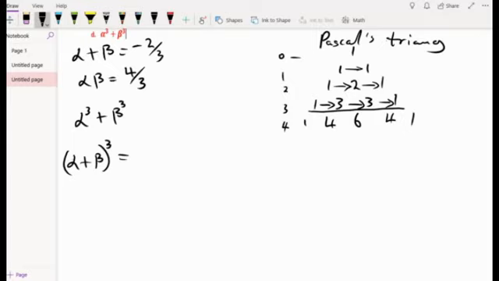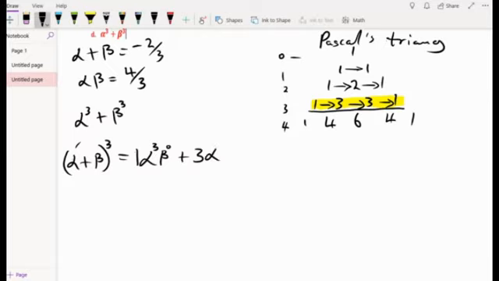And the power of the first alpha is going to be decreasing from 3 to 0. So this is like saying 1 alpha raised by 3, then beta raised by 0. As the power of alpha is decreasing, the power of beta is increasing. Plus 3, remember that we are considering this. So, okay, plus 3